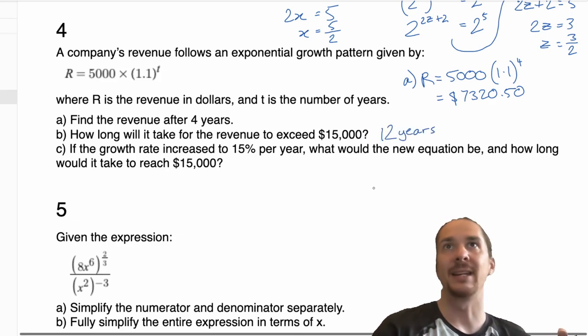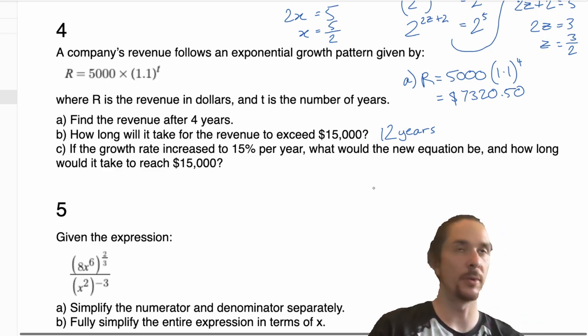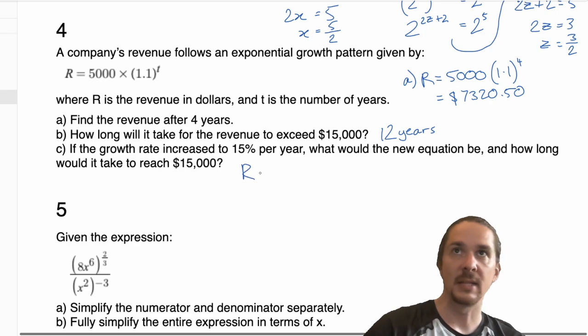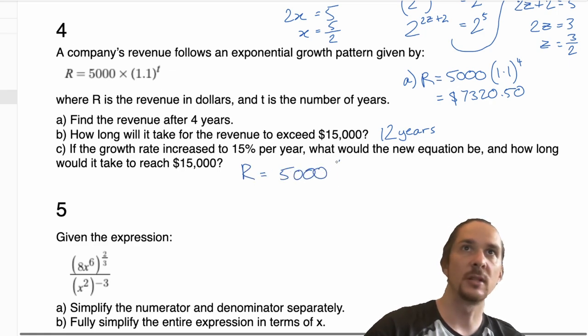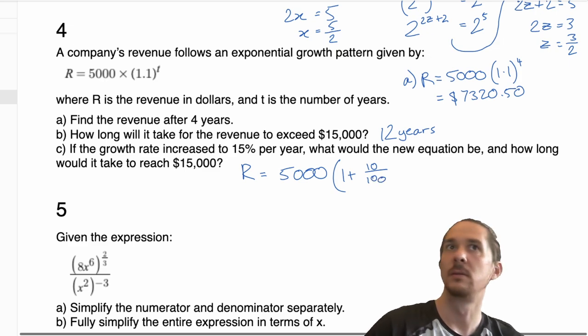If the growth rate increased to 15% per year, what would the new equation be and how long would it take to reach 15,000? If that was the case, the new equation would look like this. See, the original equation, that 1.1 is 1 plus 10%. Okay, so in this case, we're doing 1 plus 15%, and as a decimal, that's going to be